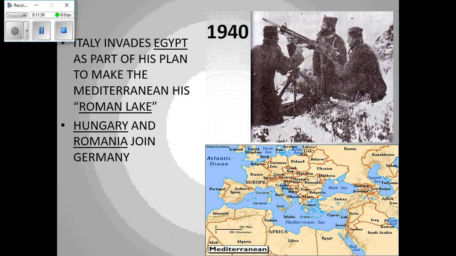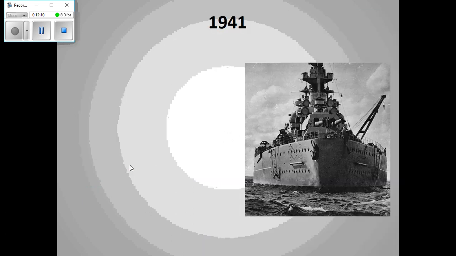Hitler starts moving south too, and he takes Hungary and Romania and forces them to join the Axis. Hungary and Romania really have no choice. The next thing the Italians say, once they take Egypt, is, hey, we want Greece. So they go from Albania into Greece. Well, the Greeks fight back and push them back out. Eventually the Germans are going to have to come down and help. What you're going to find out is the Germans pretty much have to go everywhere and help Italy because their military isn't very well led or equipped.